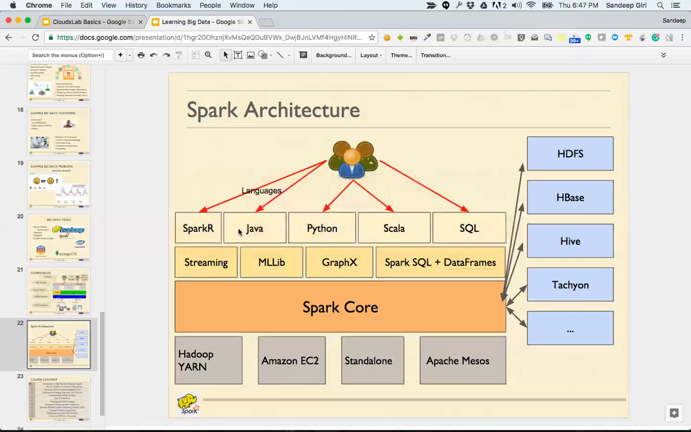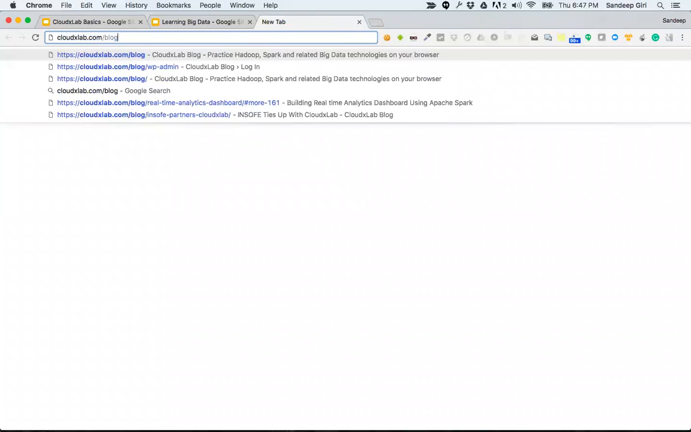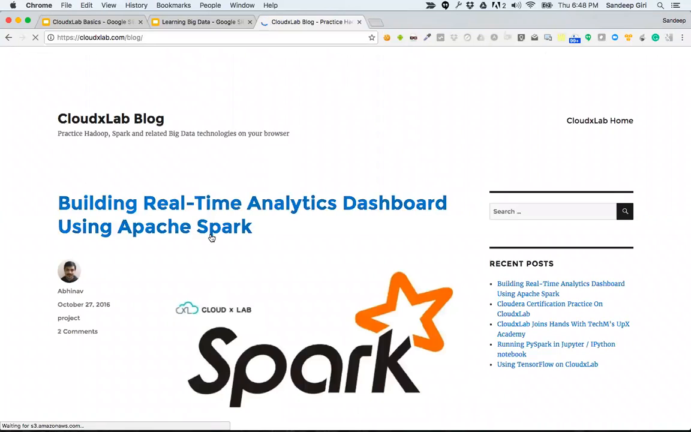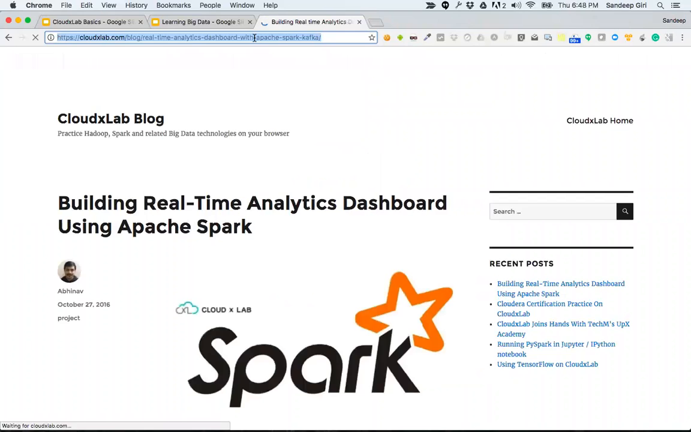And in case you are wondering, I'll show you. CloudxLab.com/blog. Okay, so this is one good use case that we have. It's a real project which we have done for a customer recently. So you may like to look at it. It involves Spark,